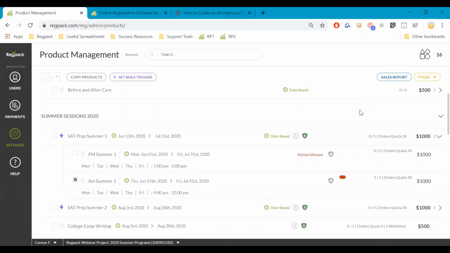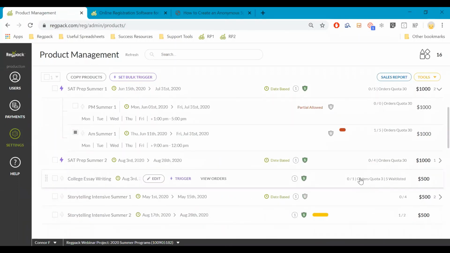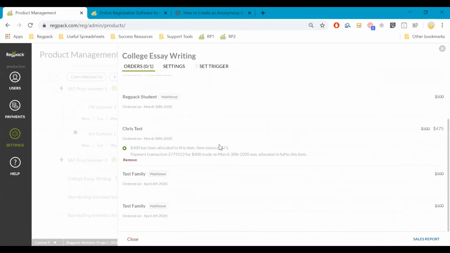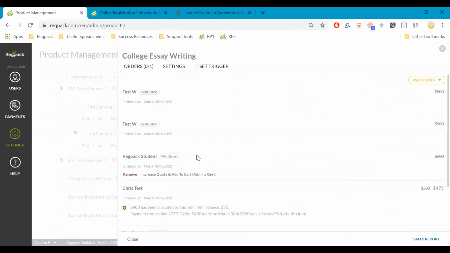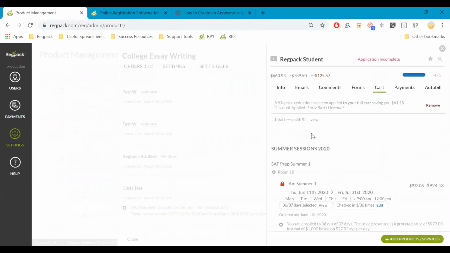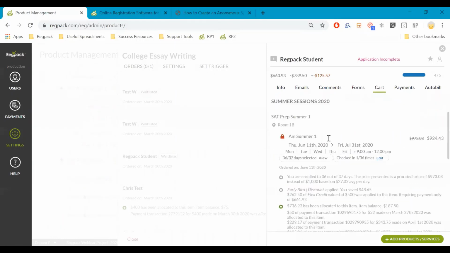So for example here, it shows me the orders, the quota, and also the number of people who have been waitlisted. It's showing all of that information right here. Now when it comes to your wait lists, you can also manage them a lot more easily. So let's go back to that same